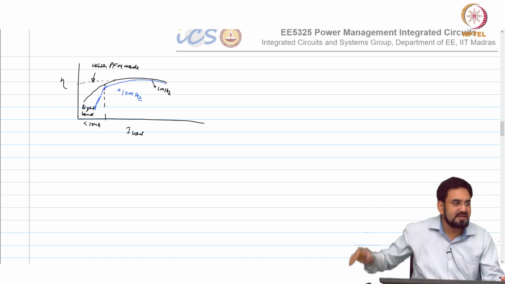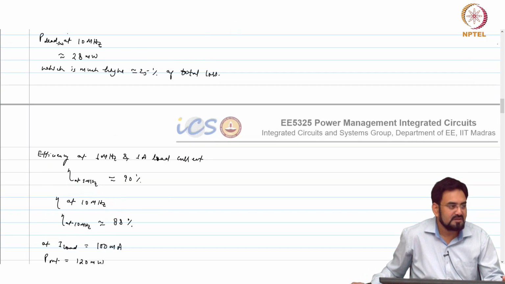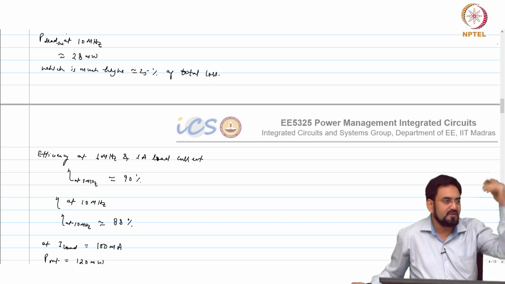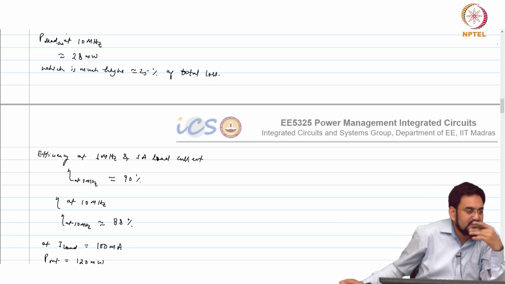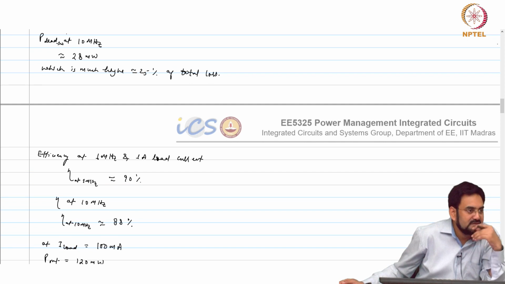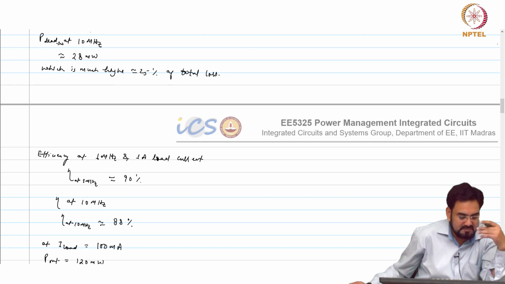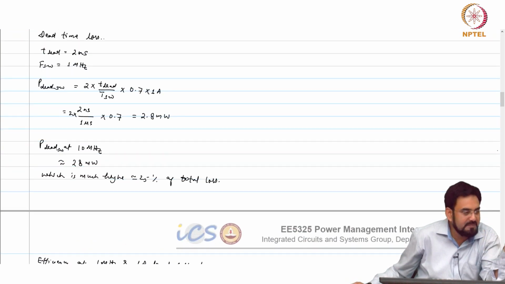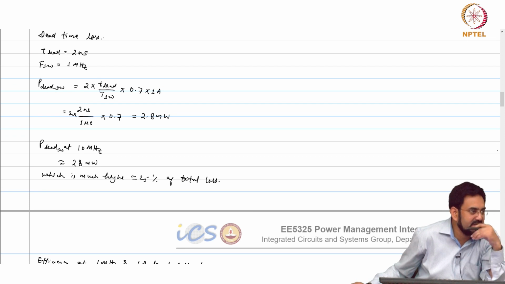But now think about, let us say, instead of 1.8 volt and 0.18 micron, you go to a 5 volt process. A 5 volt process means those devices will have a higher channel length, maybe like 0.5 micron, so roughly 3 times more than this. So your gate cap will also be higher, and your switching losses will be 3 to 4 times. Whatever is 25 picofarad here, you will see 75 to 80 picofarad there, and this may become very bad for 5 volt.